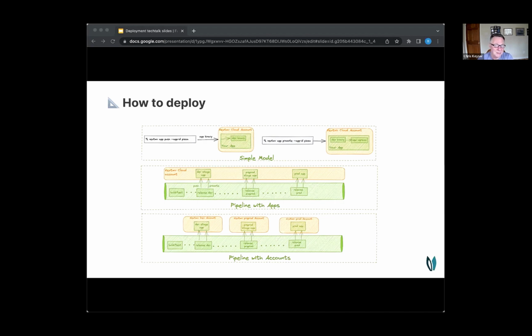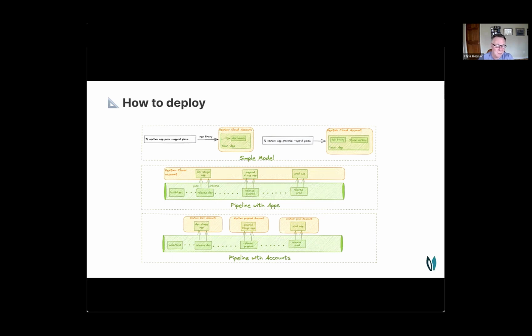Two possible ways you could do it, assuming you're running deployment pipelines. One way you could do it is just create a different app within each account. Those apps essentially contain binaries that are isolated to that application. And as you go through your pipeline, you can just build and deploy into those accounts the instances that you want for those accounts. The second way you could do it is you could actually create separate accounts within Nextmove,